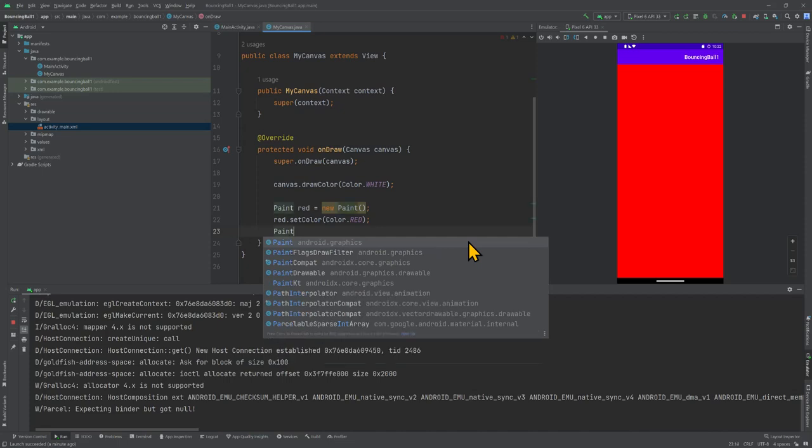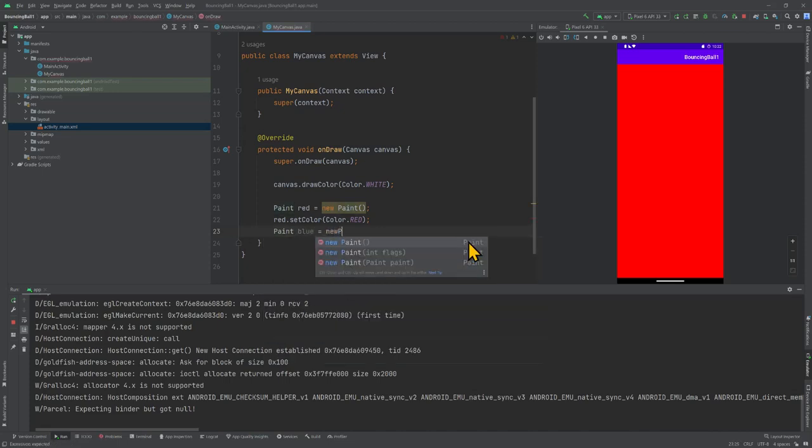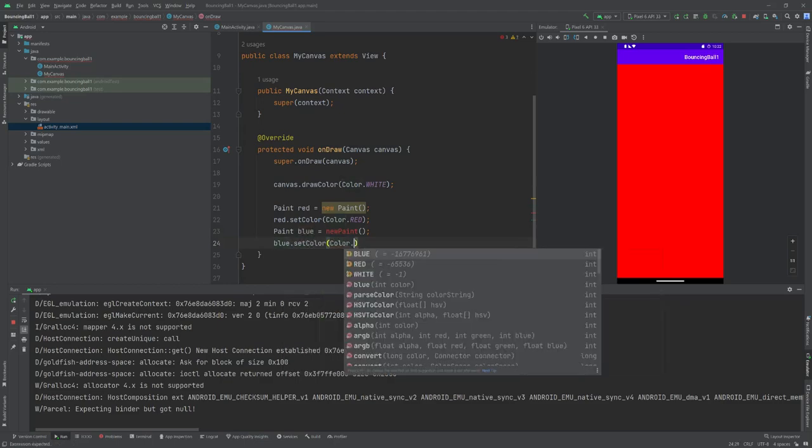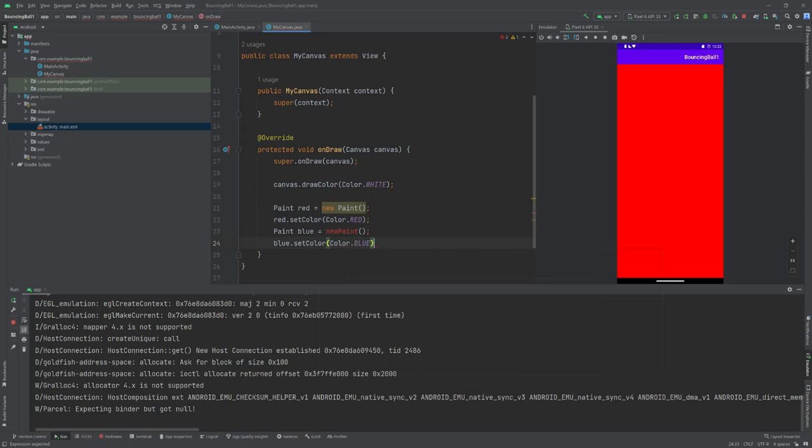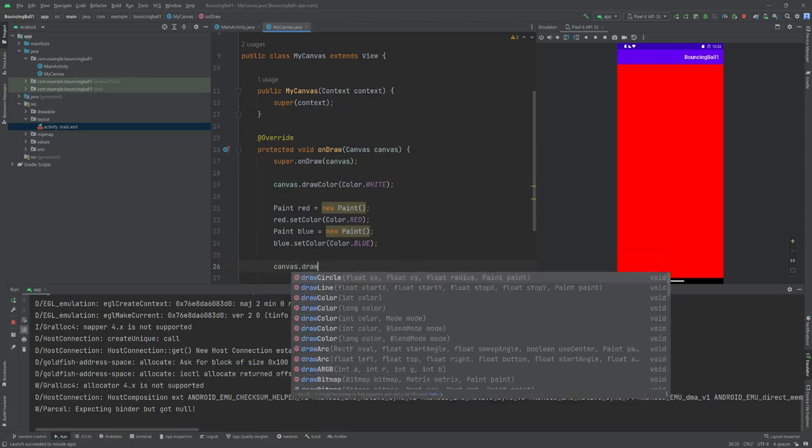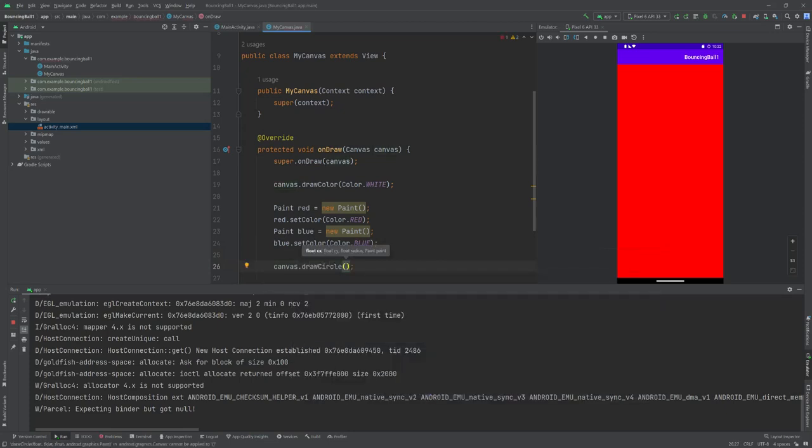Similarly, I have another paint, let's say blue. Blue dot set color to color dot blue. Why am I creating these new paints? I will use these paints to, for example, canvas dot draw circle for center, let's say 100, 150, and the